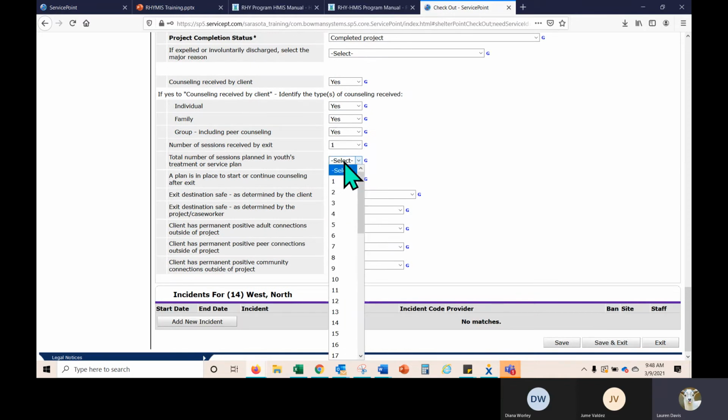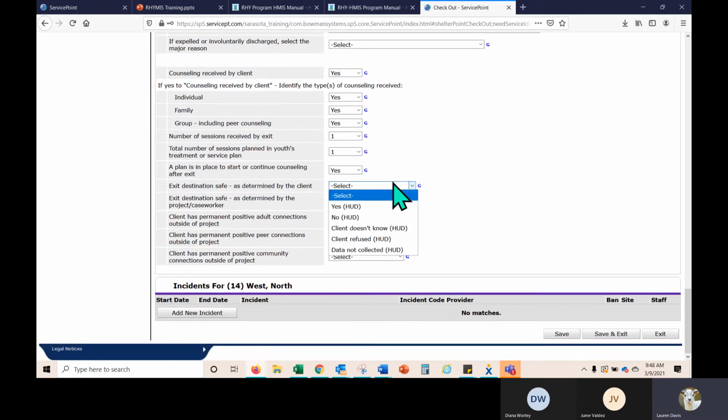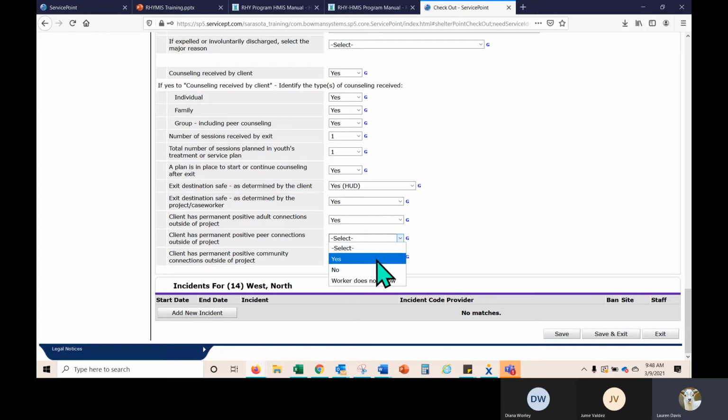This would, of course, be specific to each client's experience. A plan is in place to start or continue counseling after exit. Is the exit destination safe as determined by the client and the caseworker? Client has positive adult connections outside of project, and client has permanent positive peer connections. Client has permanent positive community connections.